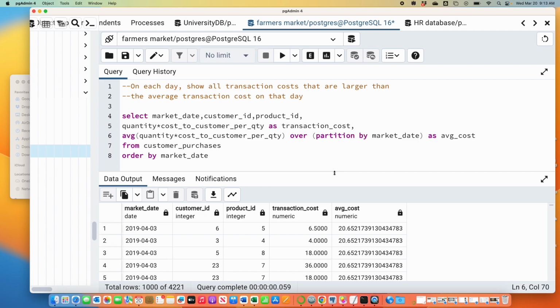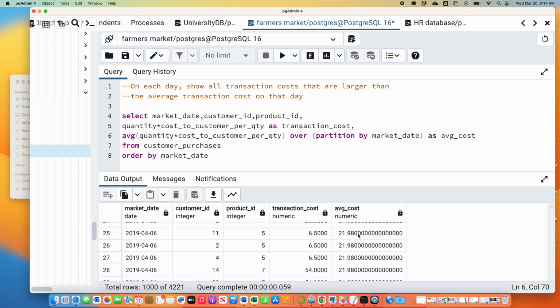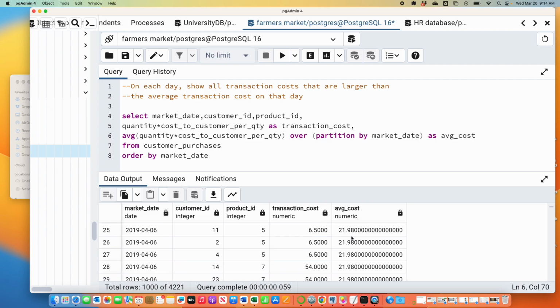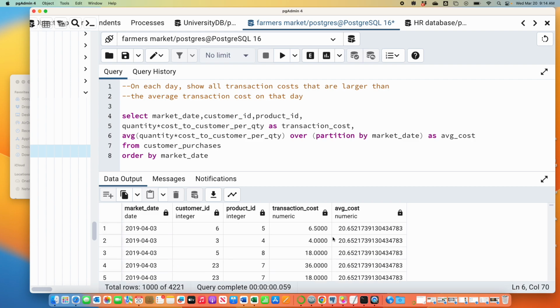And again, on your previous homework that I just graded yesterday, you could have already gotten this average information using a group by, but just again recall, group by would collapse all the days to one row. So when you ran your query, April 3rd would just be one row with a 20.65 there, and then April 6th would be the next row with 21.98 there. So you'd lose all this more granular information if you did that, which maybe is okay depending on what you want.